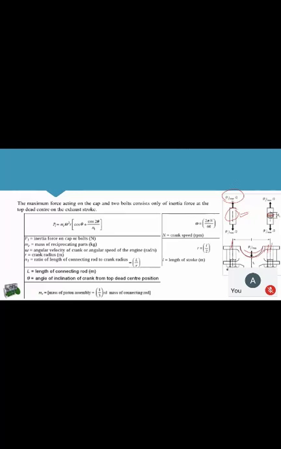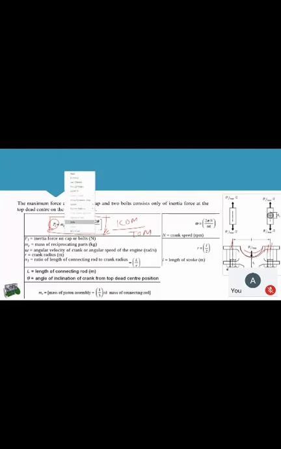Okay, so now the inertia force which is induced in the connecting rod is given by this formula. You have learned this formula in the 5th semester or 4th semester in the theory of machines subject, in kinematics of machines, which shows that the inertia force induced because of the reciprocating masses is given by m_r ω² r times (cos θ + cos 2θ / n1).